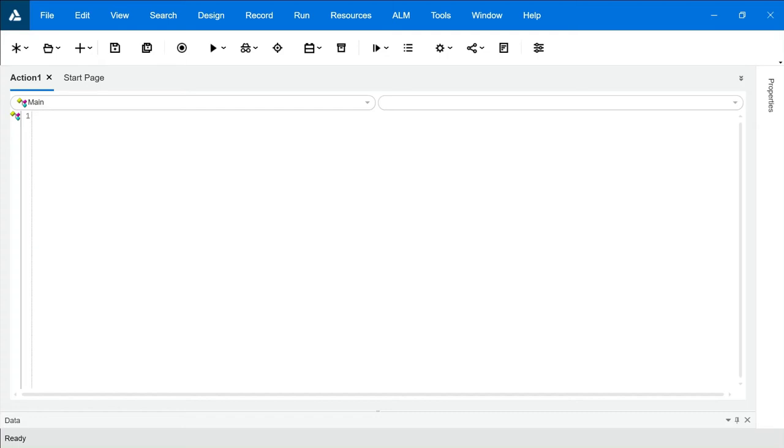Hi, in this video we're going to understand what is environment variable. If I have to define environment variable, it is the environment in which your test case is running or in which you are recording your test case. Environment consists of operating system, hardware, software. What is the environment of your complete recording or complete software in which you are executing your test cases? So environment is very important.